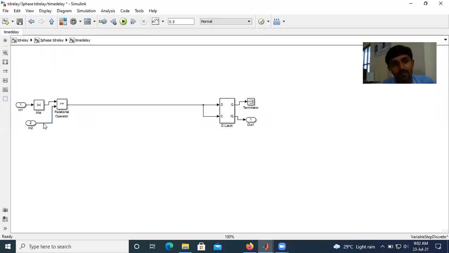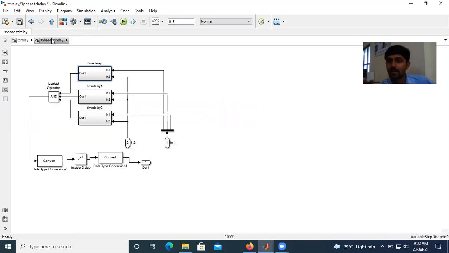I will show where we have given the 10 amperes. After that, they are compared, and if the comparison is satisfied, the output signal goes to one. This signal goes to the delays and the AND gate, and we get the outputs. We use delays for the open and close positions. All three arrangements are like this. If all three phases exceed the limit, all inputs are one, and the AND gate has its output. This is a data converter because the AND gate gives 0 and 1, so we can see the quantity for operation of the circuit breaker.